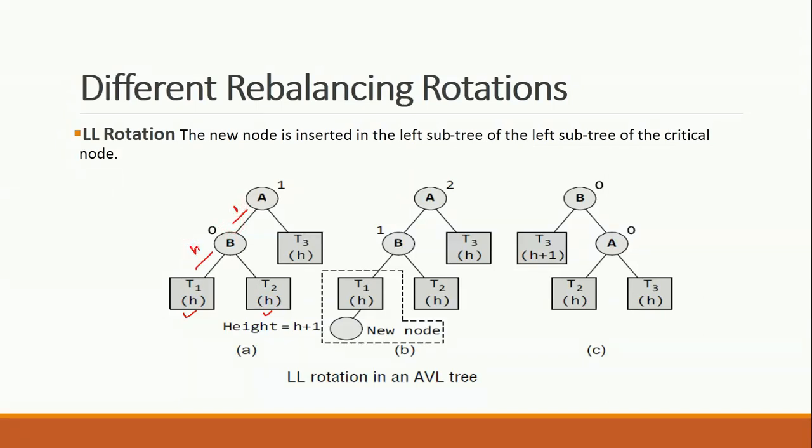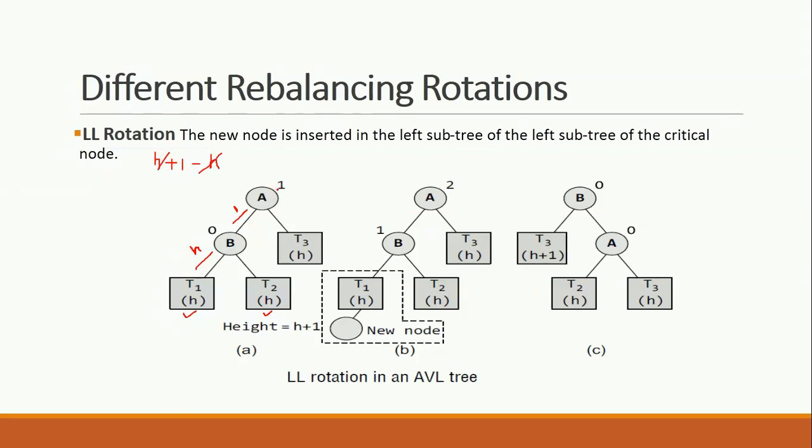This is h you have, this is 1, so this is the height of left subtree of A would be h plus 1. It is h, so h plus 1 minus 1, I am writing it here. The height of left subtree is h plus 1, and minus the height of right subtree, that is h. So if we try to solve, this will be cancelled, it should be plus 1. You can see it is a plus 1.